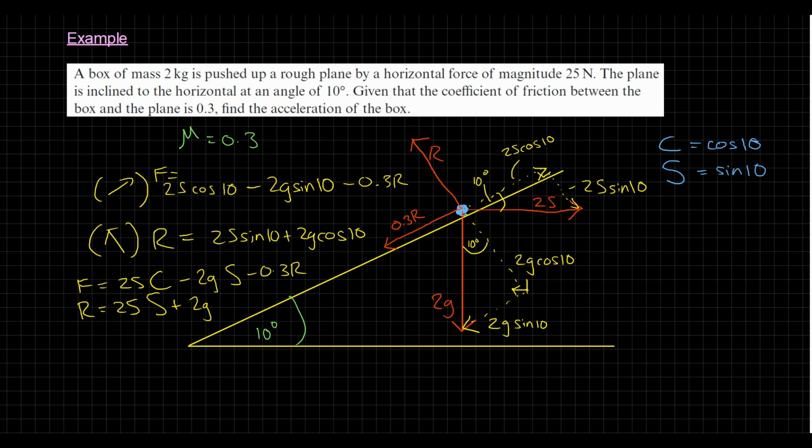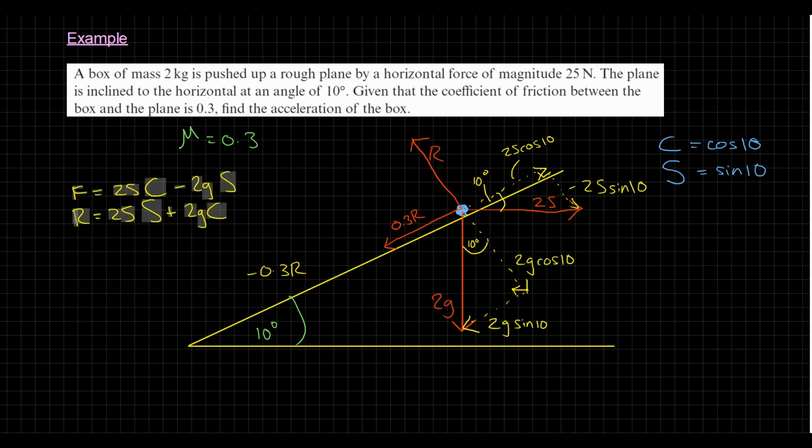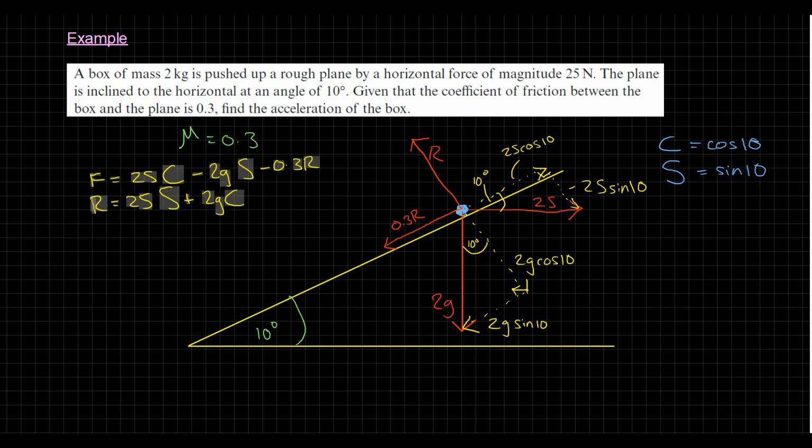2g big C. To be clear, this is not something that the book does or anything like that, but maths is a creative subject. You can do whatever you like, really. And I've chosen to do that substitution so that I don't have to do as much rewriting of the same thing over and over again. So let's say F equals 25 big C minus 2g big S minus 0.3, and then R, which is